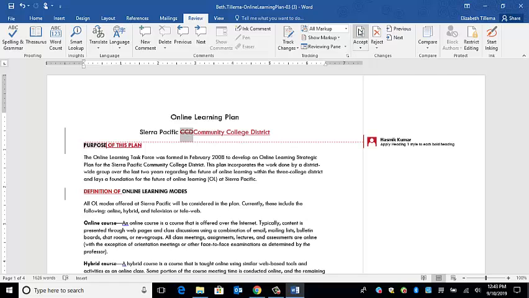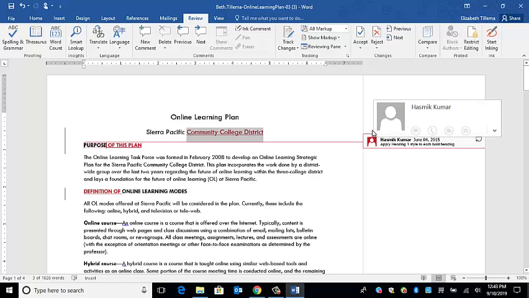So again, I'm going to go up to my accept button. I'm going to click on the top half of it and I'm going to accept them. Now I can see that each of my bold headings, one of the comments went away, and then I am going to go ahead and click on the bottom half of the accept button